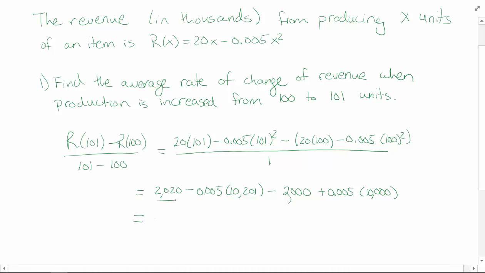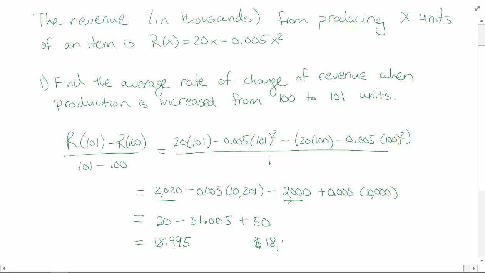So 2020 minus 2,000 gives me 20, minus 0.005 times 10,201, which was 51.005, and then 0.005 times 10,000 was plus 50, which gives me 18.995 once you do that calculation. That means changing from 100 units of production to 101 units of production means we gained